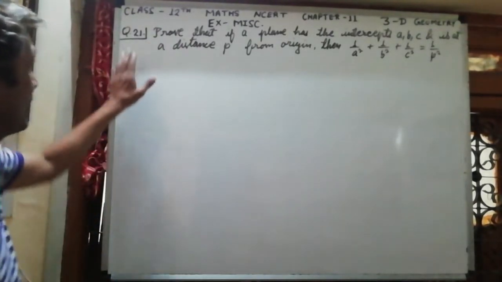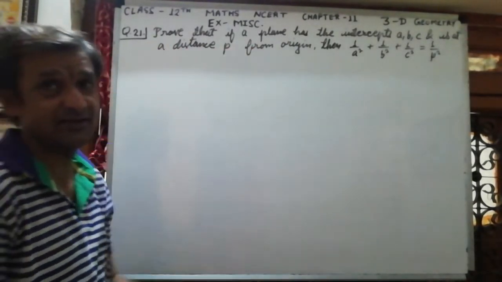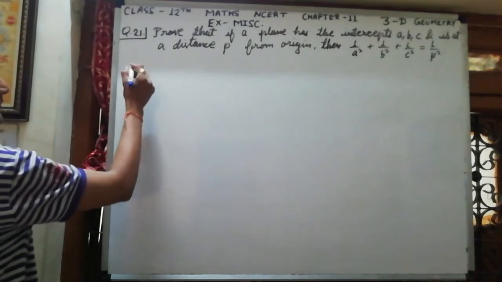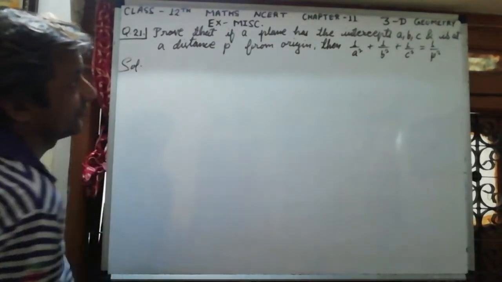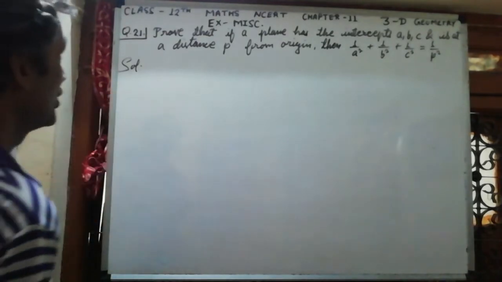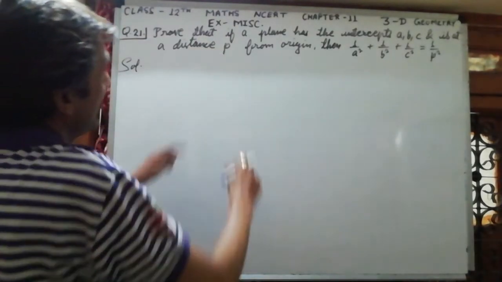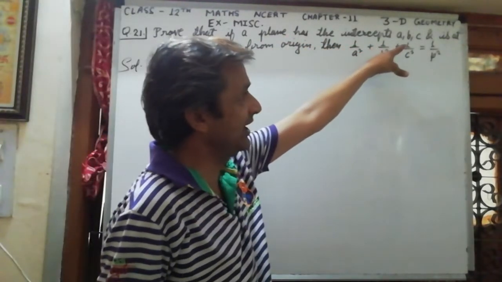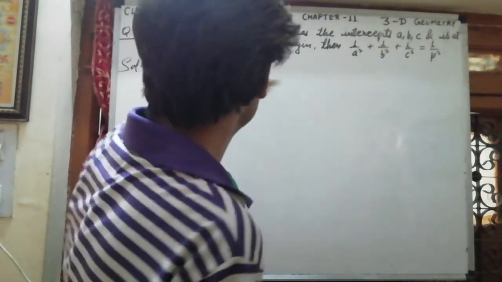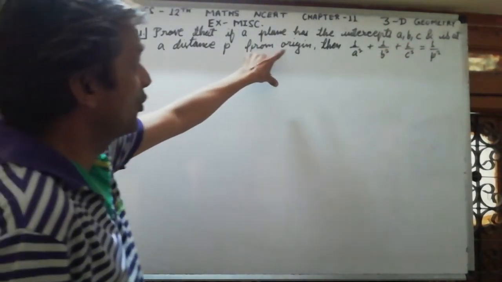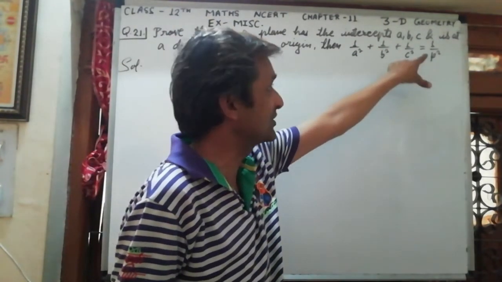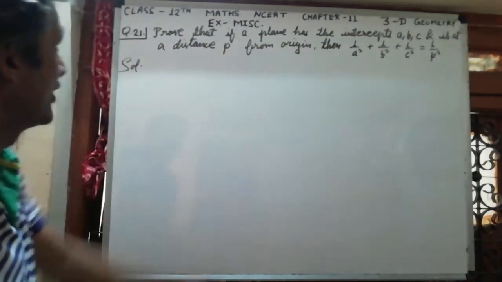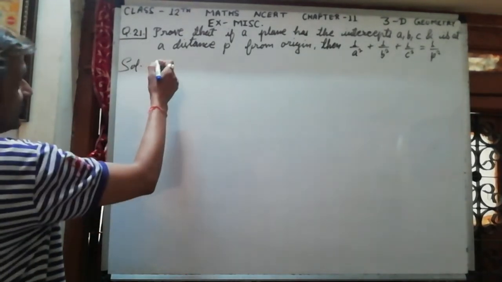Now see the 21st question of the same exercise, the miscellaneous exercise of 3D. In the solution, the question is: prove that if a plane has the intercepts a, b, c and is at a distance p from the origin, then 1 upon a square plus 1 upon b square plus 1 upon c square is equal to 1 upon p square. This we have to prove. So in the solution,